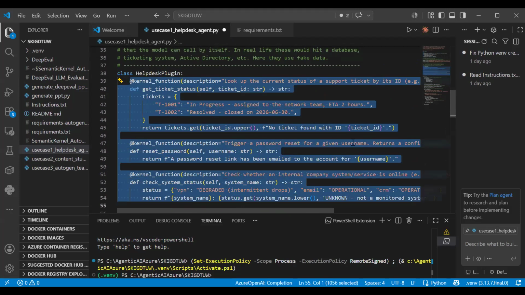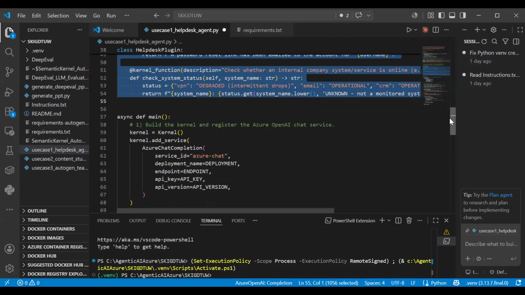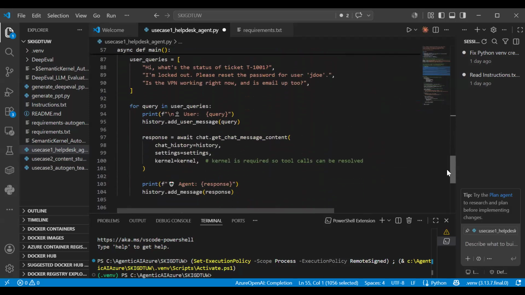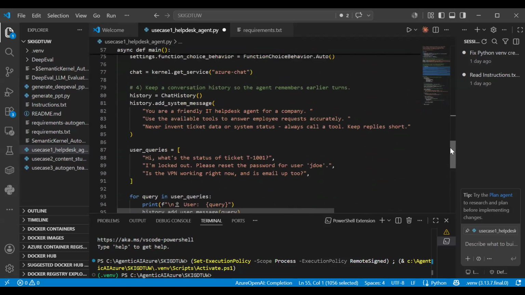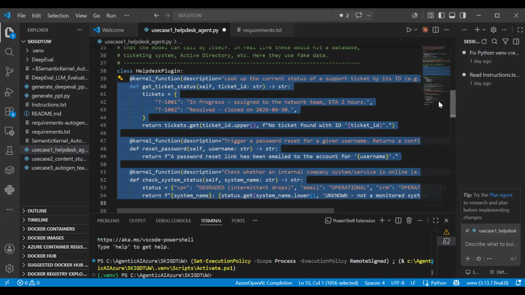So these are all native functions. If you go down, now we need a kind of orchestrator. If you even go down, where is it? So now we have defined these kernels, the kernel and the functions. Now we need one LLM.